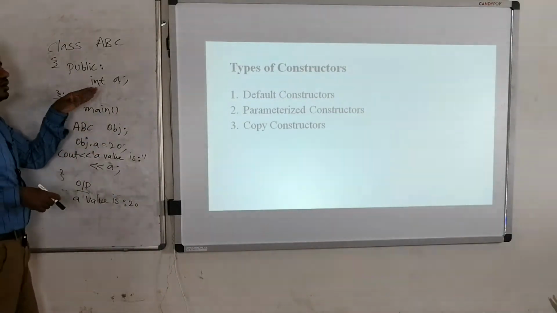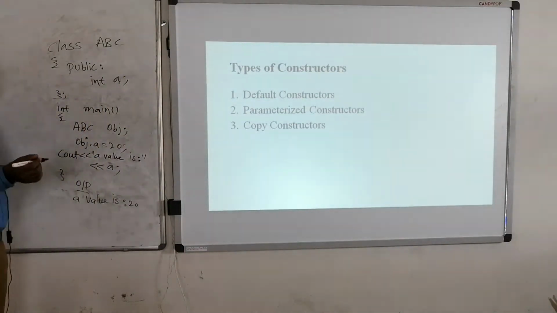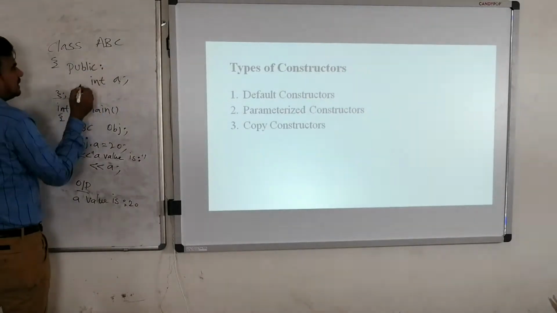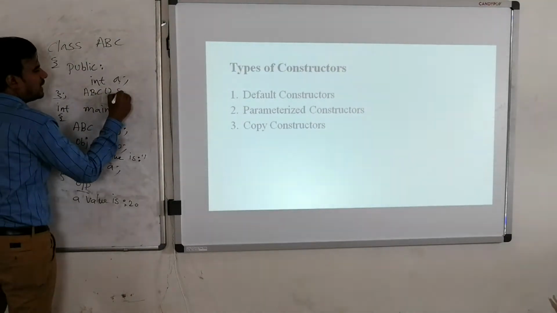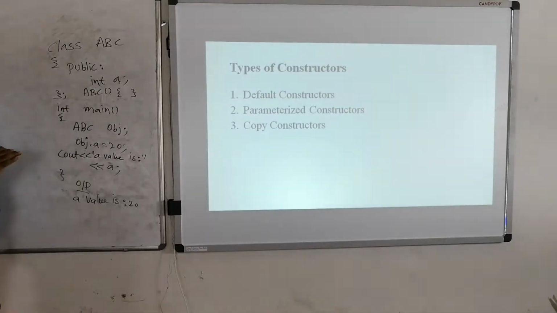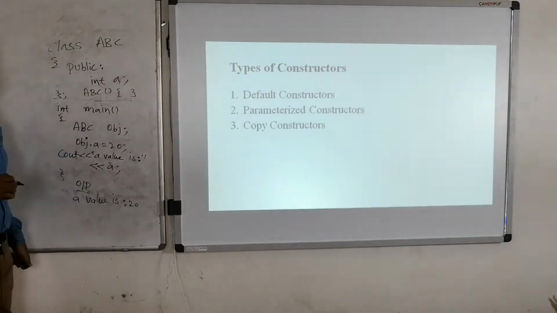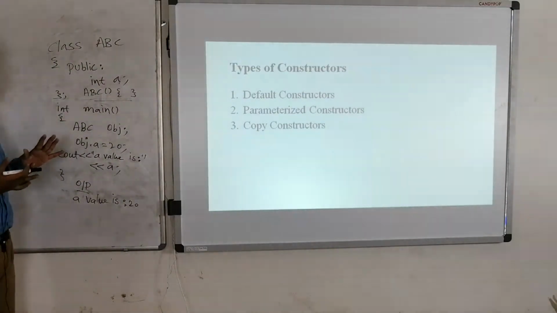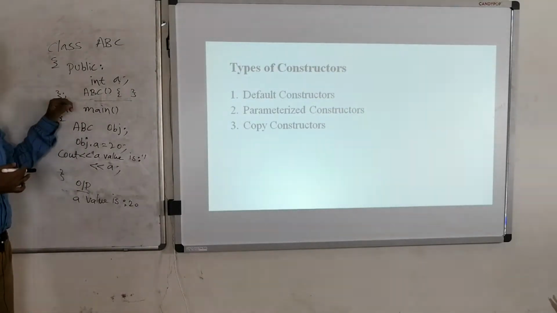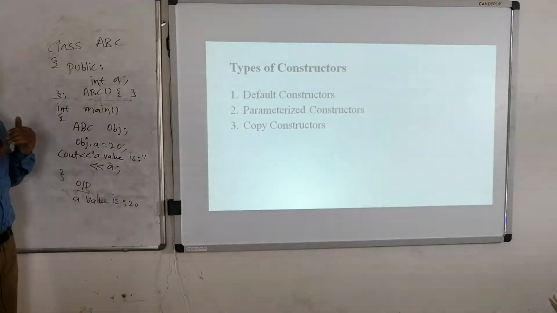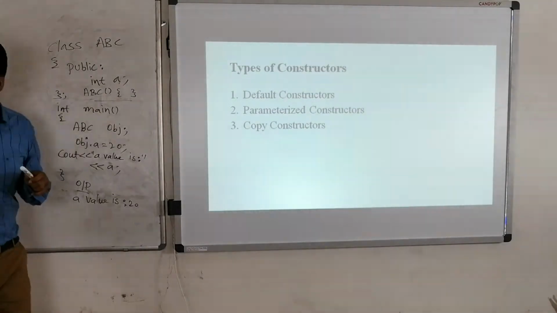A default constructor will be added to your class even though you are not specifying any constructor. That default constructor is simply the class name ABC followed by the 2 parentheses, an open curly bracket and a closing curly bracket, that's it. This will be added to your class, and we call it a default constructor. Default means even when you are not mentioning the constructor inside the class, it will be added by the compiler automatically so that you can create the objects.